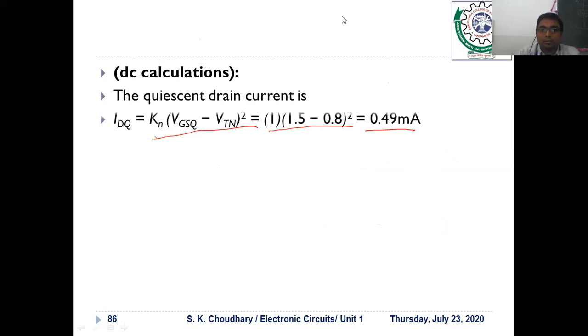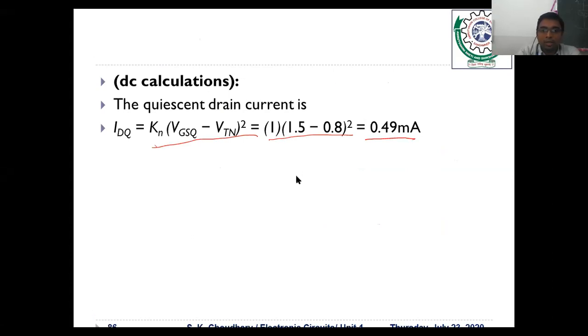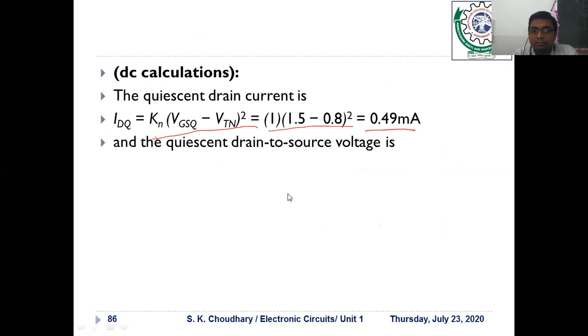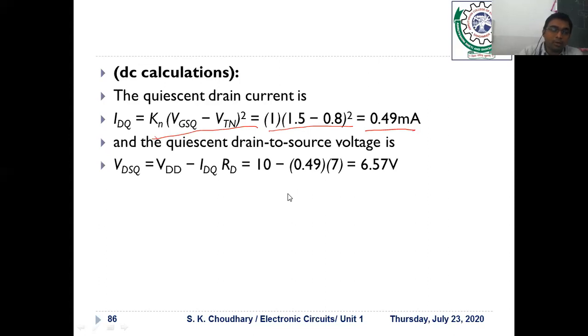Okay. Pooja Karale, what is the problem? Sanap Susma also solved it correctly. Pooja Karale, is there any problem? Okay. So tell me, what is the value of VDSQ? You have all the values available with you. VDSQ is equal to what? VDD minus ID into (RD plus RS). It is a very simple equation. All the values are given. So it would be what? 6.57